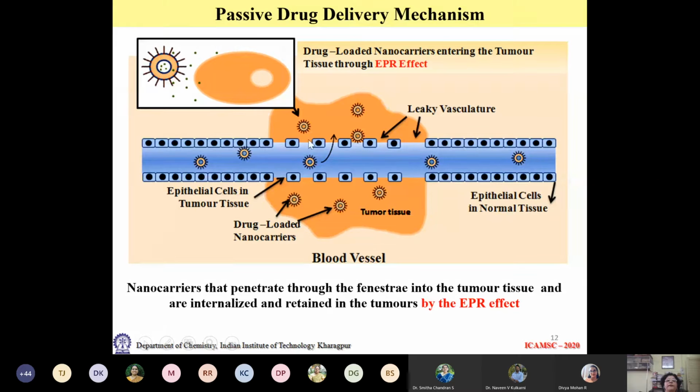This is the tumor environment. The drug loaded carrier enters the bloodstream, and it goes into the cell, and the therapeutics or targeting mechanism starts. But the only problem here is there is accumulation of the drug loaded moiety in the vicinity of the tumor site. The alternative is obviously